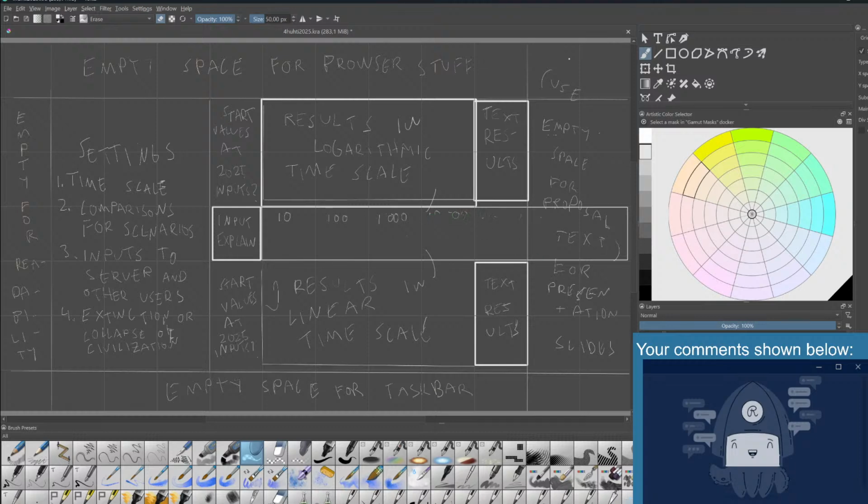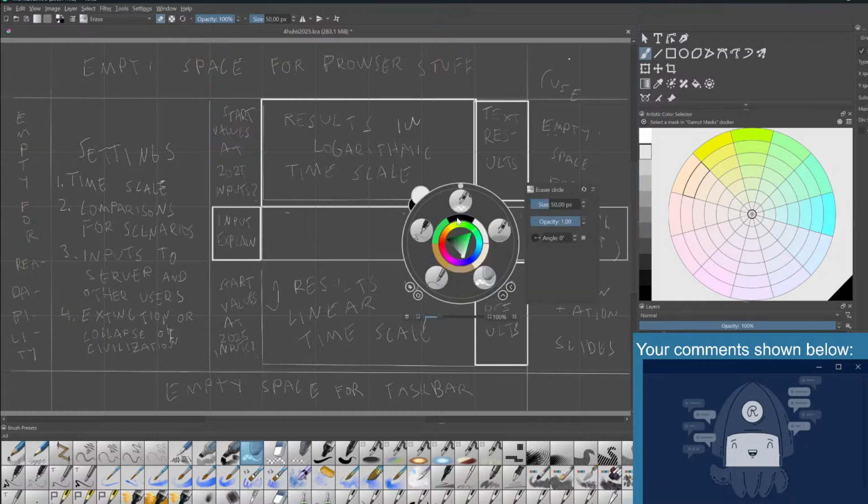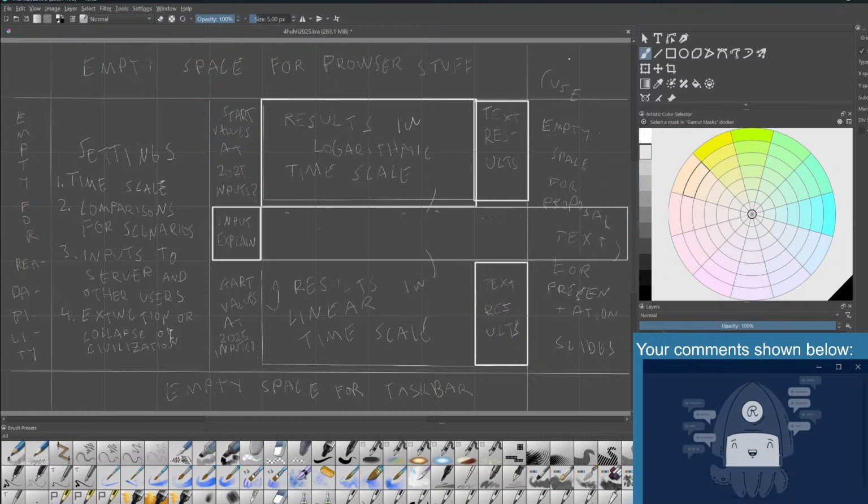I'm gonna take this. I have the input. So let's see how the inputs would go here. So yeah, we have those 10, 100,000, 10,000. So here we have the results